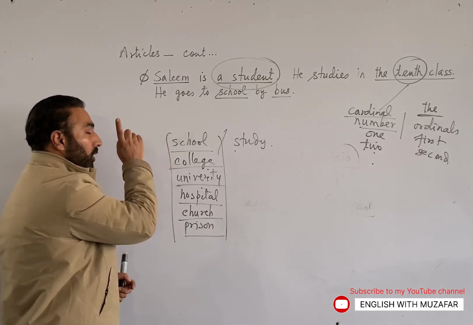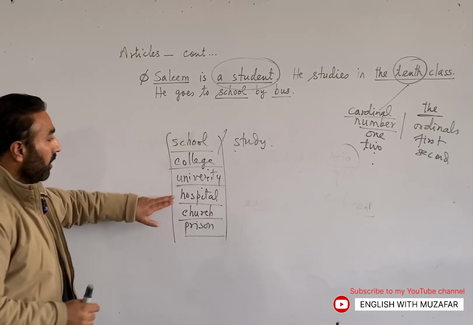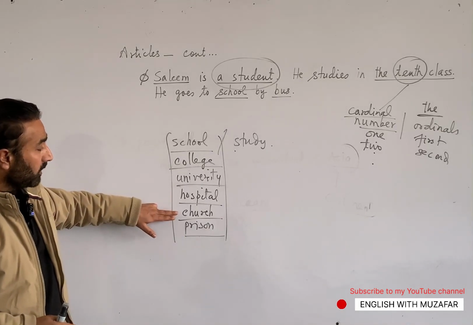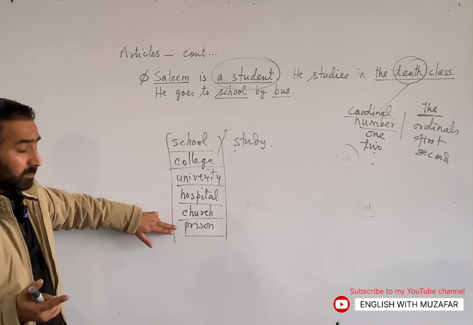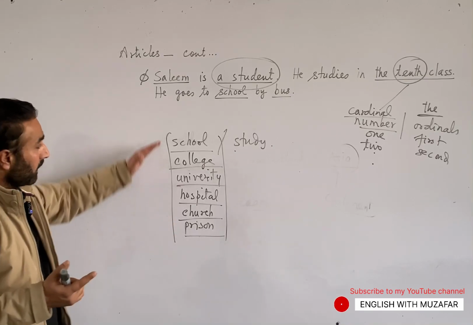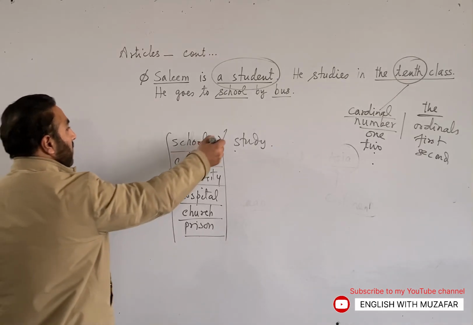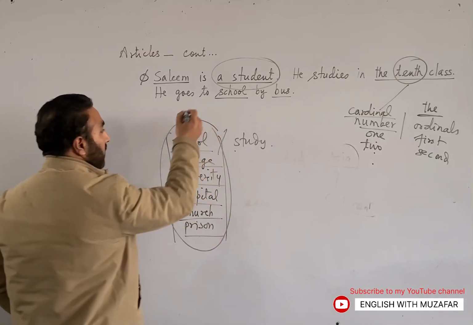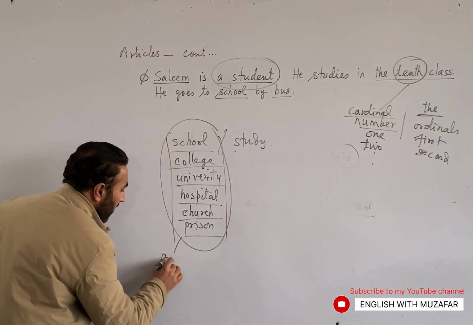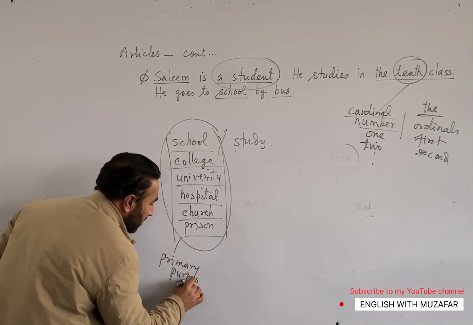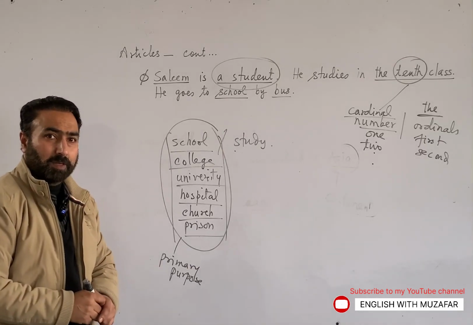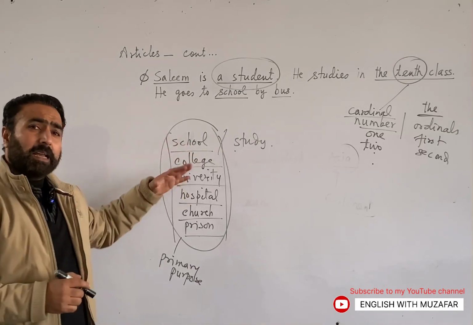स्कूल स्टडीज़ के लिए, कॉलेज स्टडीज़ के लिए, यूनिवर्सिटी स्टडीज़ के लिए, हॉस्पिटल ट्रीटमेंट के लिए, चर्च इबादत के लिए, प्रेयर के लिए, मस्जिद प्रेयर के लिए, प्रिजन पनिशमेंट के लिए. ये किसी चीज़ के लिए. दैट मीन्स ये जो वर्ड्स हैं, ये इंस्टीट्यूशंस जो हैं, इनका कोई प्राइमरी पर्पस होता है, इनका कोई ऐसा पर्पस होता है जिसके लिए ये बनाए गए हैं. लेकिन ये एक एट द सेम टाइम